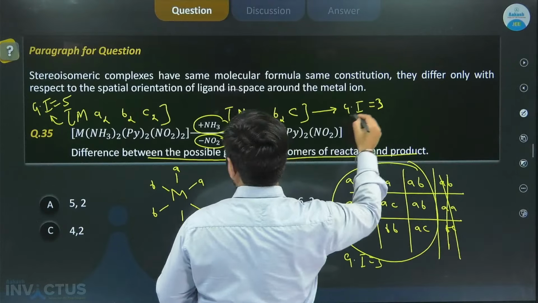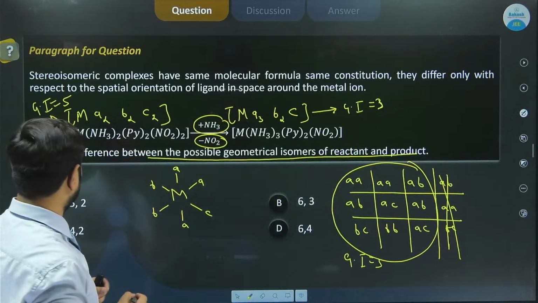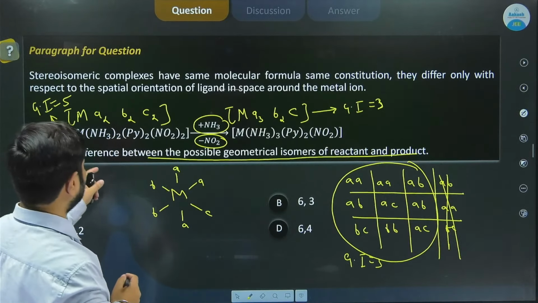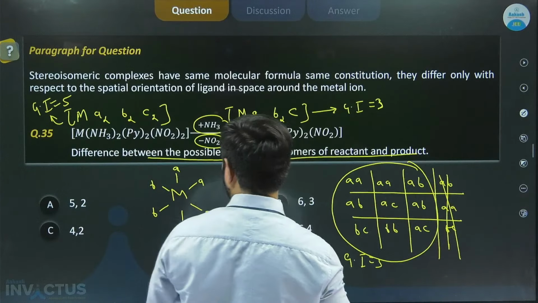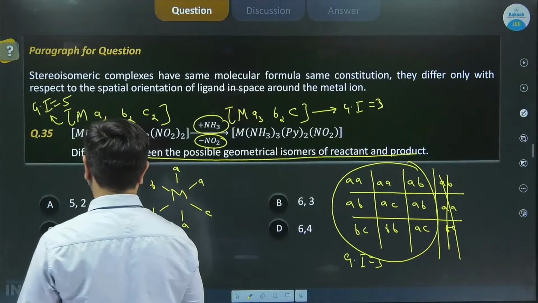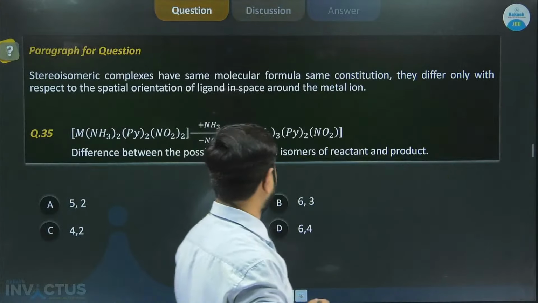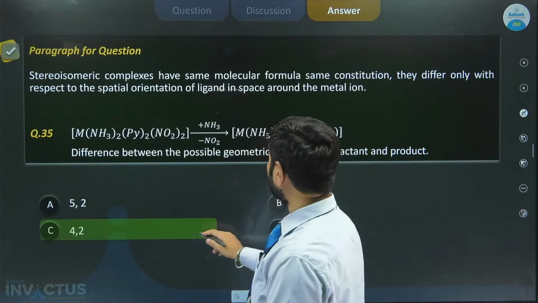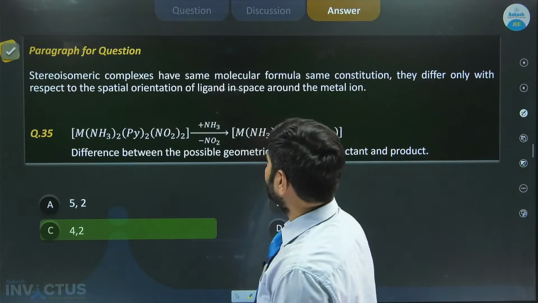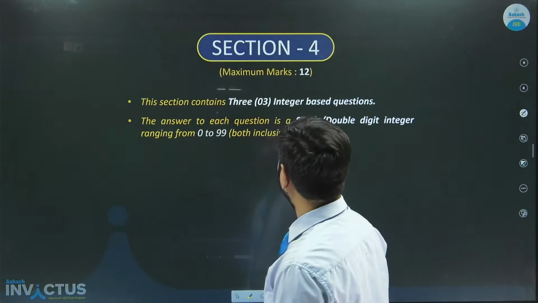So the difference would be equal to 5 minus 3 is 2. 5 minus 3. Difference between the possible geometrical isomers for the reactant and product. 5 minus 2. So 5 minus 2 is 3. Okay? So 4 and 2 are the option. Now,